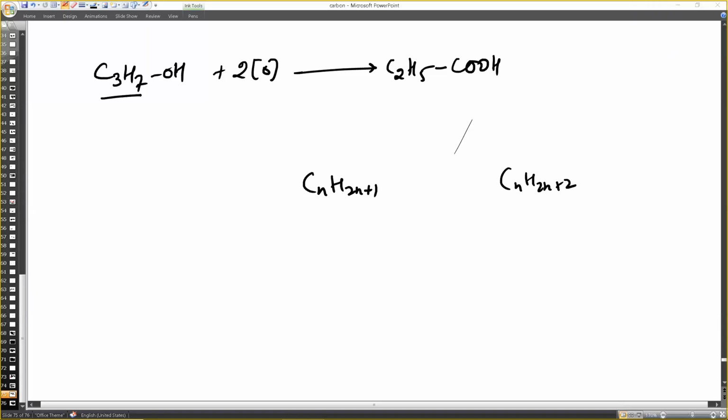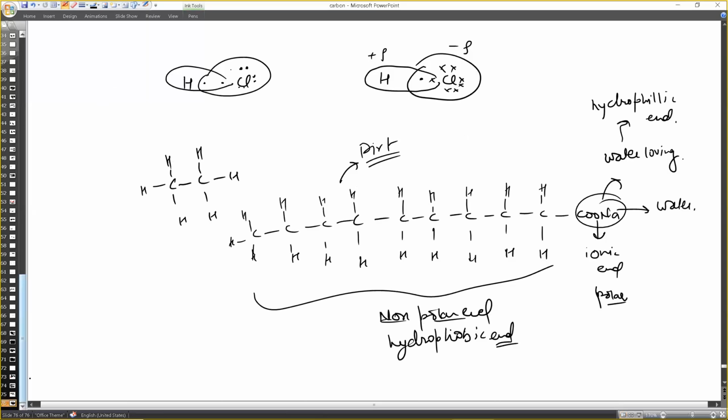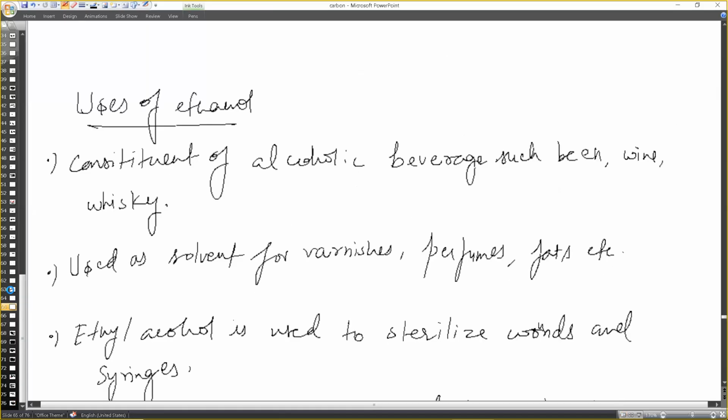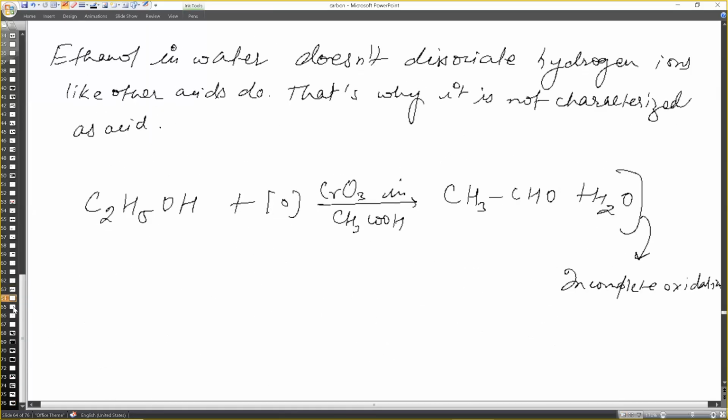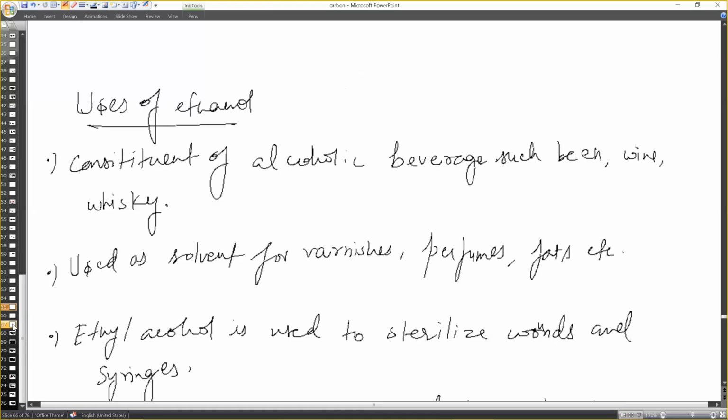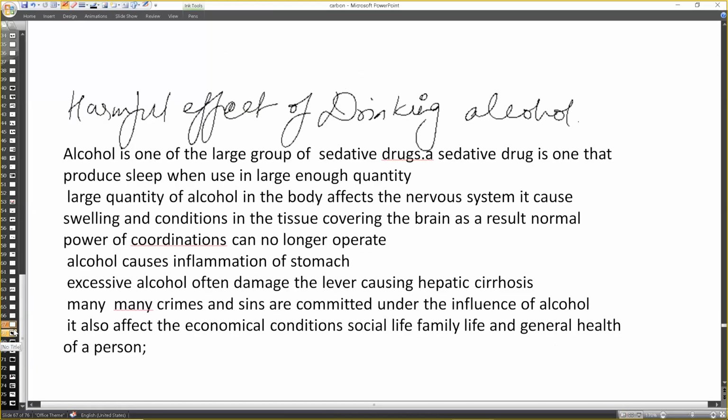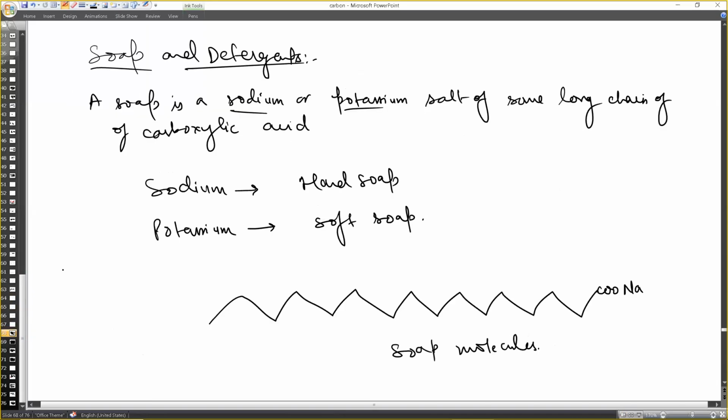So today we shall discuss soap and detergents. You have to take the screenshot. I'm just going to finish the class in a short span of time. As I have already explained, soaps are the sodium or potassium salts of long chain carboxylic acids. This we have already done in the class. Okay, Ayan, do you understand this one?